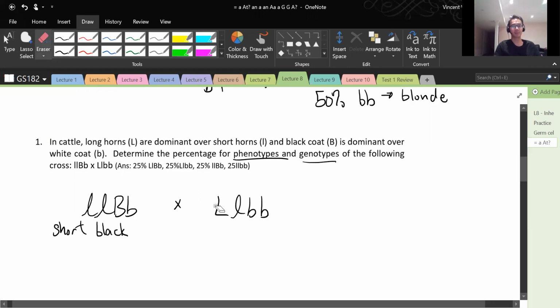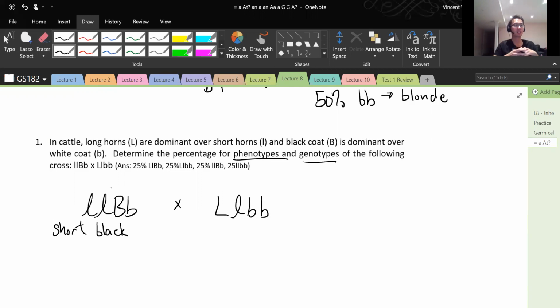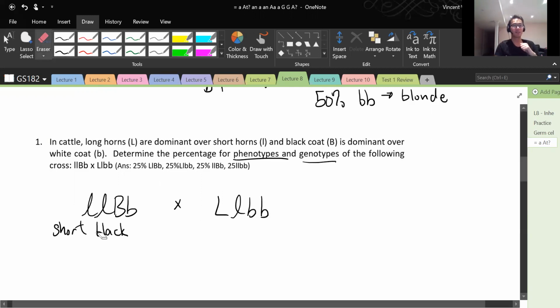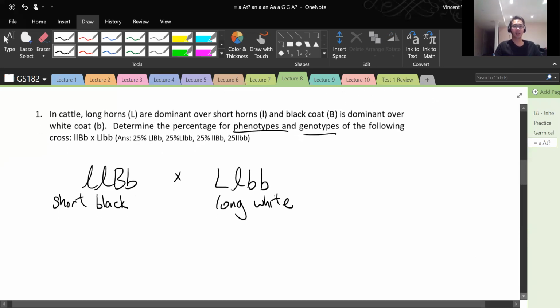What about this one? I don't know the names of different animals. Apparently, you call them different things if they're male or female. I can never tell. So this is the father cow. What about the mother cow here? That would be the long horn and the white coat. Very good. Okay, so we're gonna see what kind of gametes